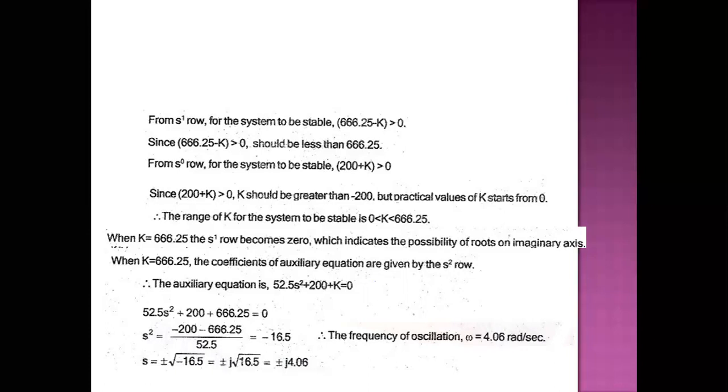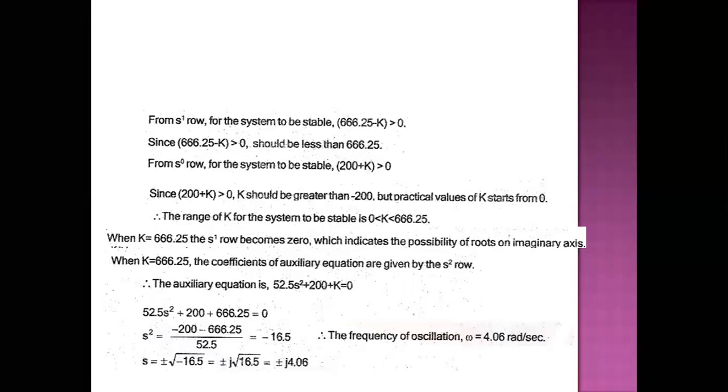The first thing is we have to find out the necessary and sufficient condition for finding the stability of the system. For the necessary condition, for the given polynomial characteristic equation, all the coefficients of s terms should be positive and greater than 0. Then, in some cases, even if it satisfies the necessary condition, sometimes it may not be stable, because the system may become unstable also. So in that case, we have to check for the sufficient condition.